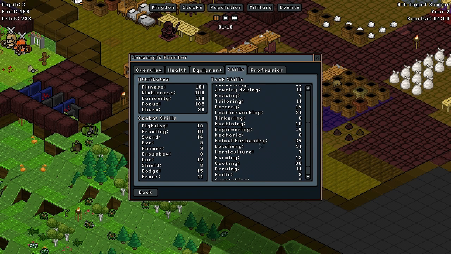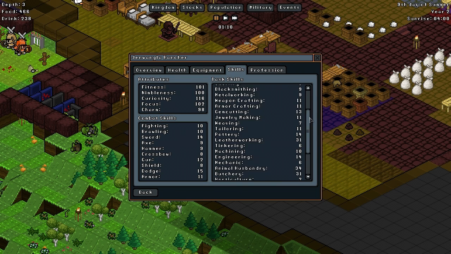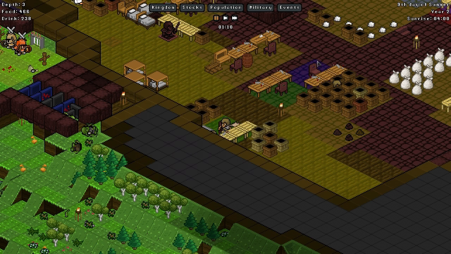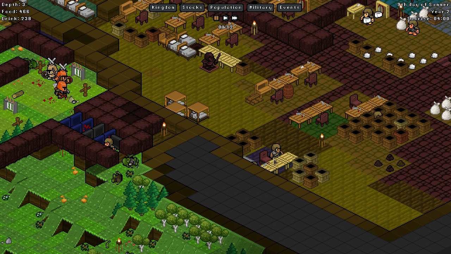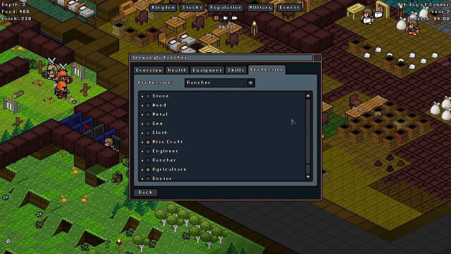I think it's animal husbandry, and yeah, animal husbandry does ranching, and obviously she's doing the leatherworking. However, I think because we have so much leather at the moment, I'm going to set Jen Wangla to not be a leatherworker anymore and have someone else do that. So I think it's in miscellaneous... Well, no, miscellaneous crafting. She's going to be able to do pot...